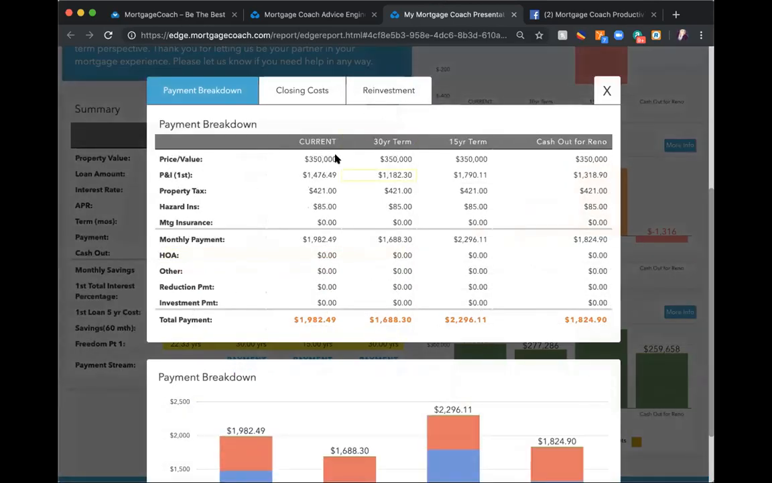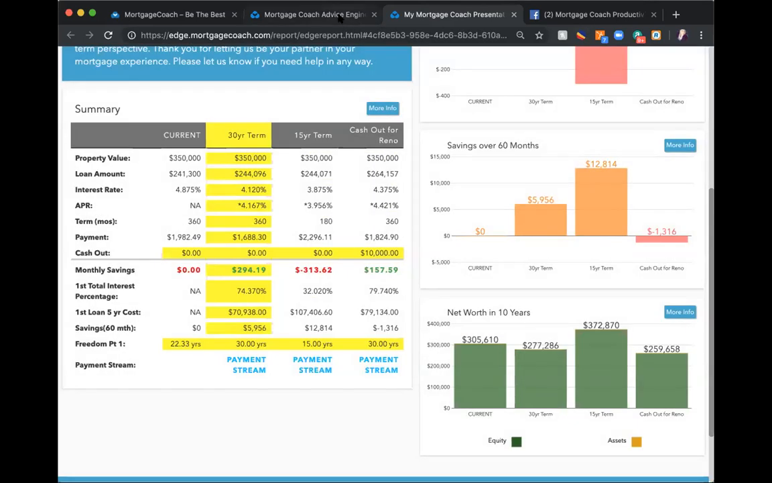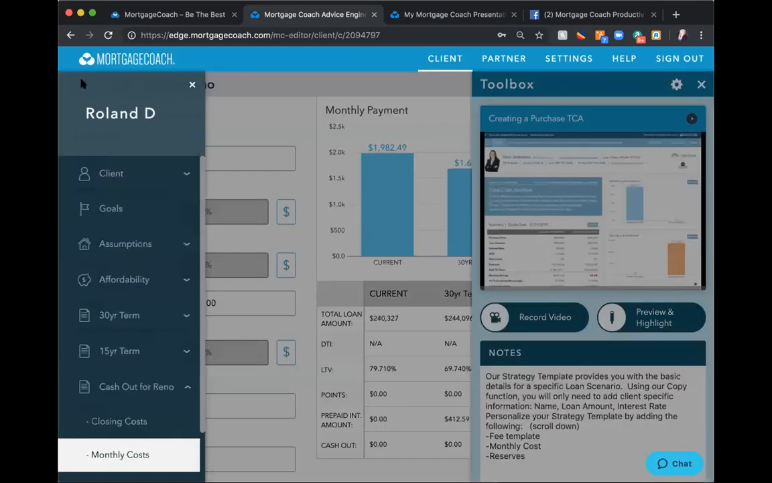More information, it's going to break it down. Now, if you are showing a reduction payment, principal reduction, for example, my client says, I don't want to roll back to 30 years. I want to have the lower interest rate, but I still want to pay it off at least as early as I'm paying this one off. You can go into that analysis area,